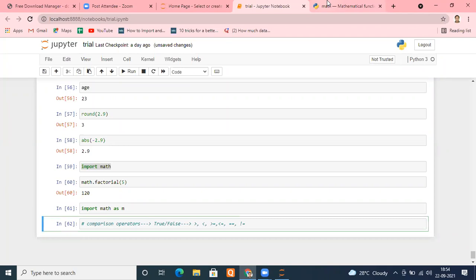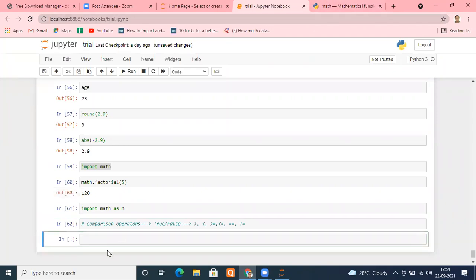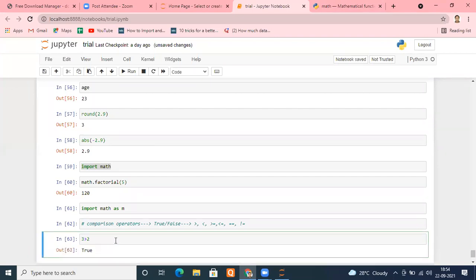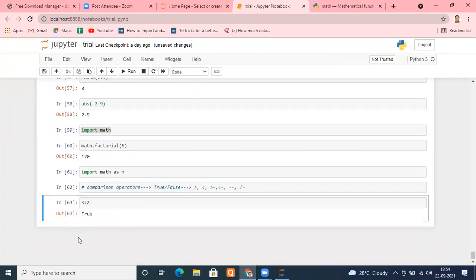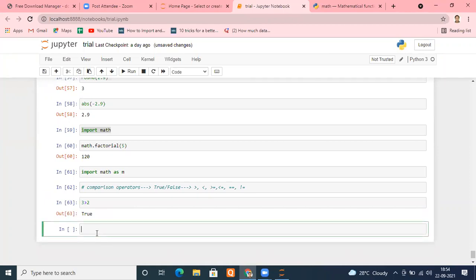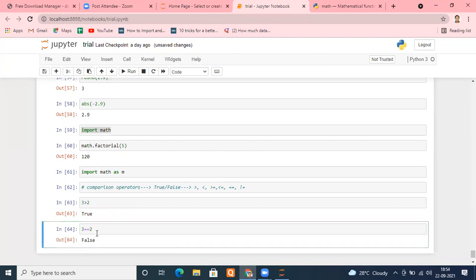Let me run this. For example, I'm checking 3 greater than 2. What will happen? Of course, it is going to return true. If I check 3 equals 2, what will it return? Of course, it is going to return false.